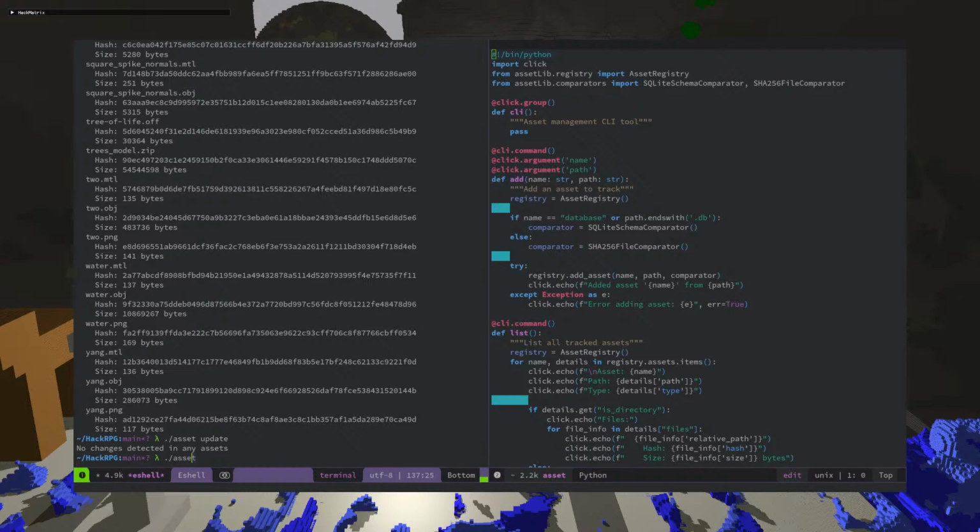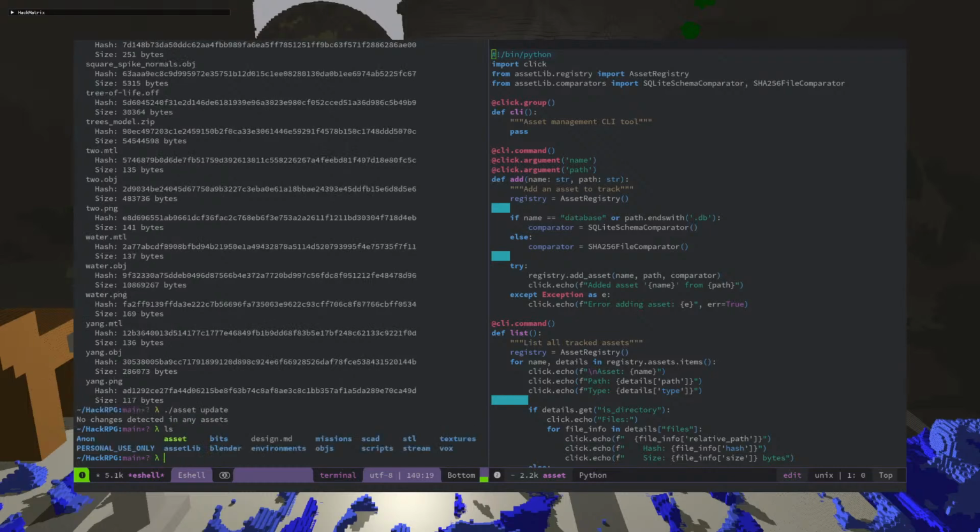And then I can do asset add, and let's add an asset, and then I can delete one.